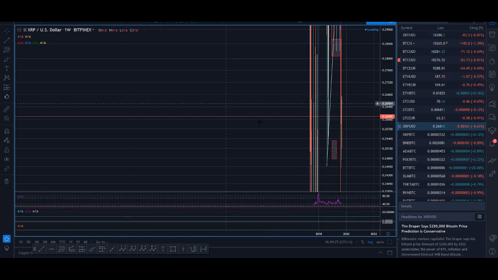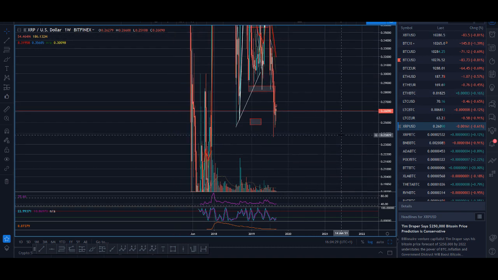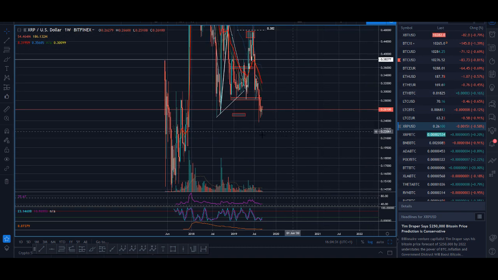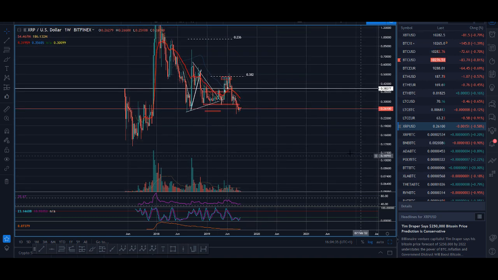From a longer time point of view, it is at a zone where it needs to bounce from here. I don't know how low it can go. I mean, this is a place where you'd expect XRP to get a bid, Ripple XRP that is. I might make a video on the fundamentals on XRP. I have made a couple of videos on it.